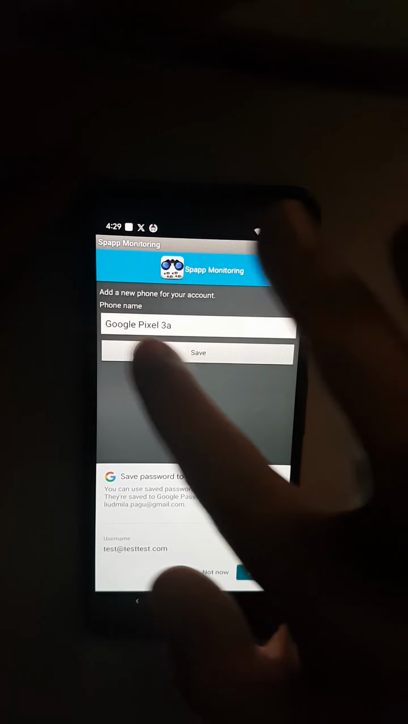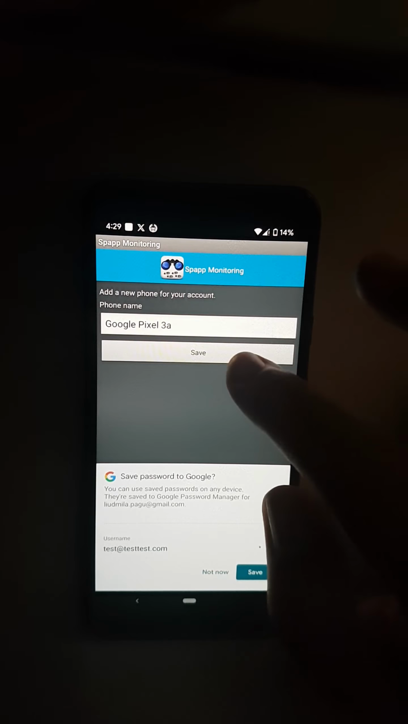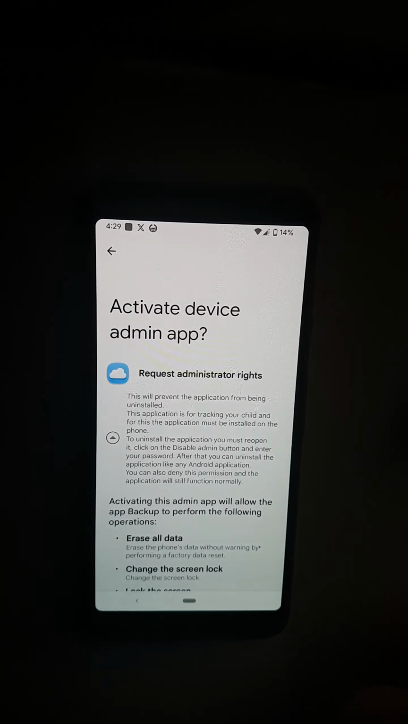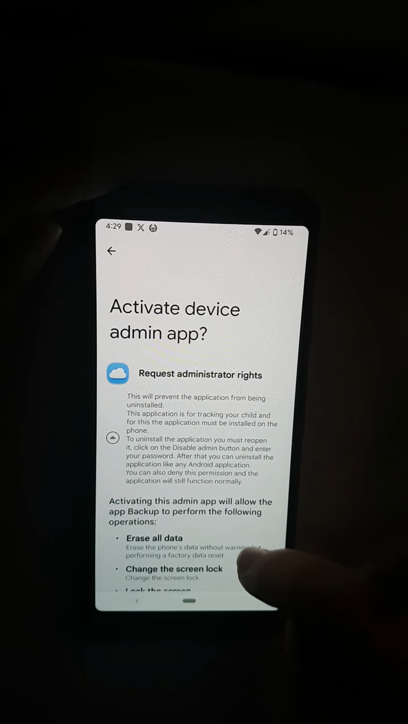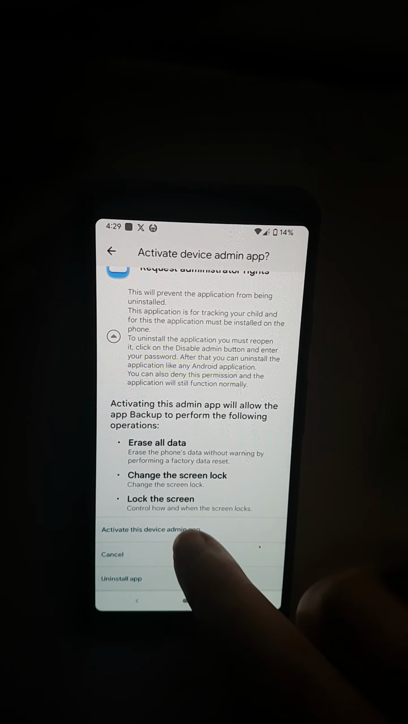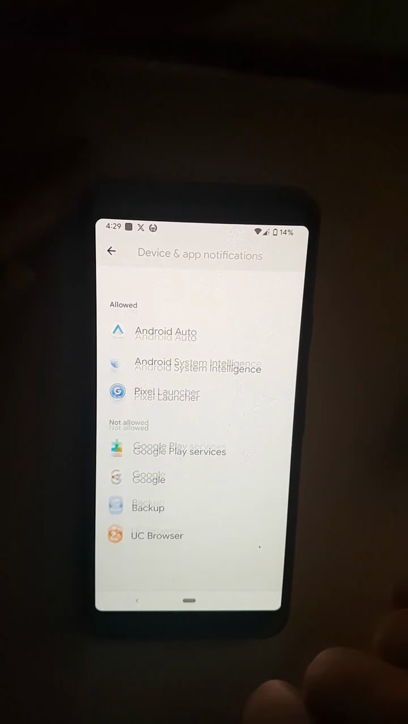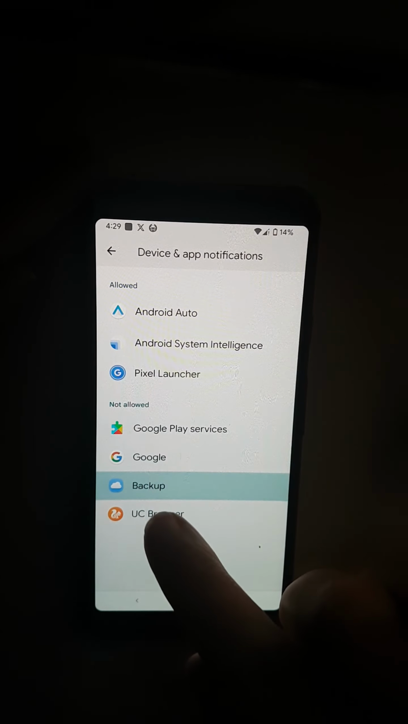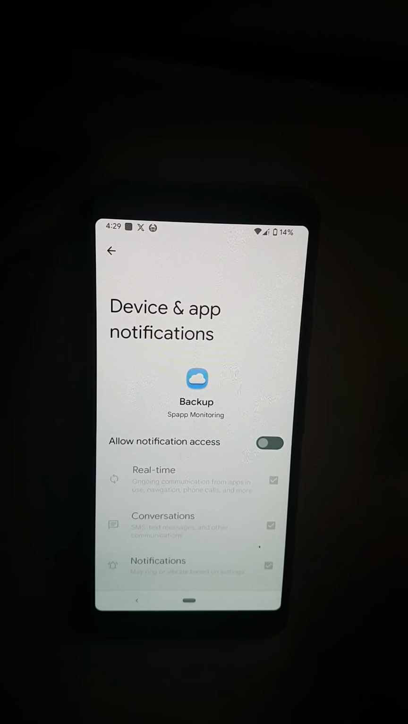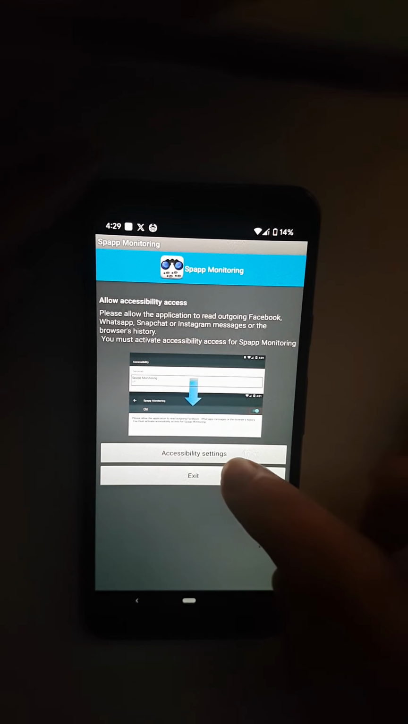Okay, so here is the name of the device. You can change the name if you want, or just save. Now you need to enable the admin rights, so choose activate this device admin rights. Notification settings, again very important. On some devices you will not have this so visible. Enable, allow. After that you have accessibility settings,